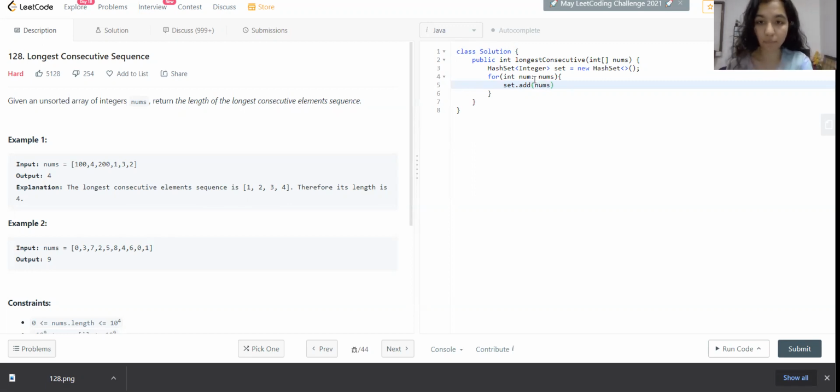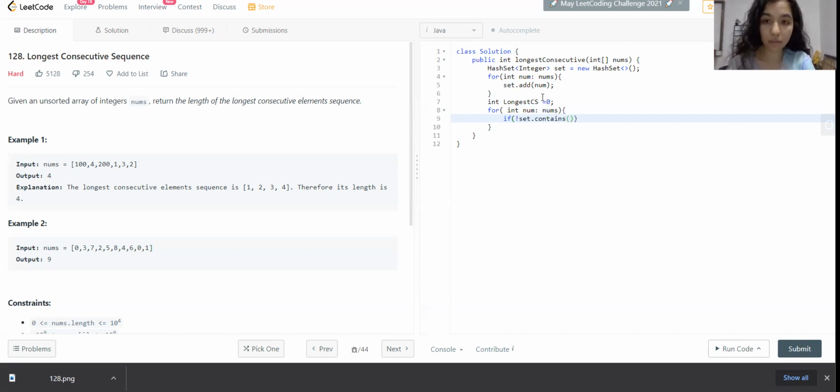So now, after this is done, we'll have an integer which we are going to return finally, which is the longest consecutive sequence. So let's name it longest consecutive sequence. We'll take this as 0. After that, we're going to traverse through the array nums. If set doesn't contain num minus 1, that is, if we don't have any element which is 1 less than the present element,